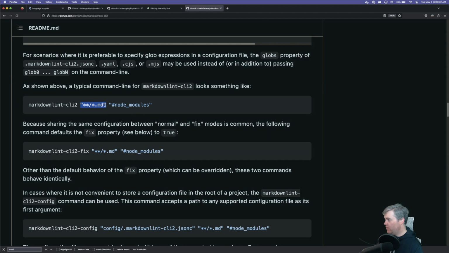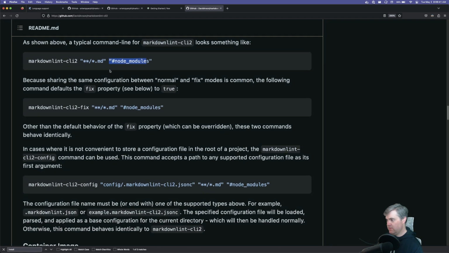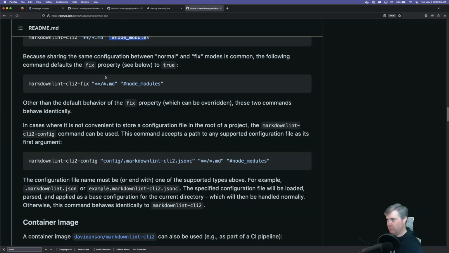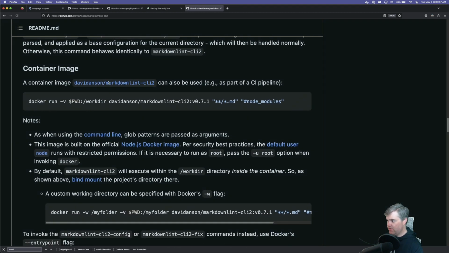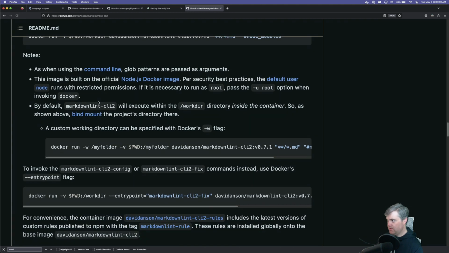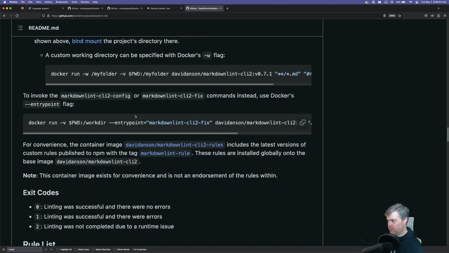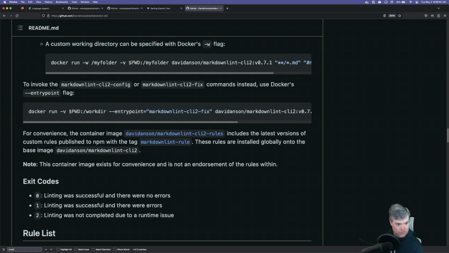Oh, so I just tell it what file to do and it sort of figures it out. I wonder if it'll just work. All right, let's try this. So over here,